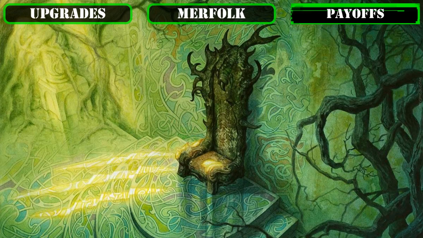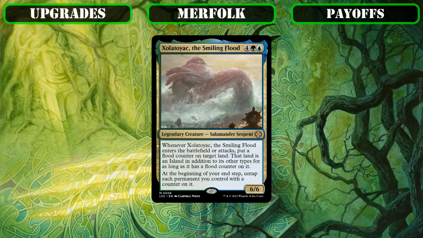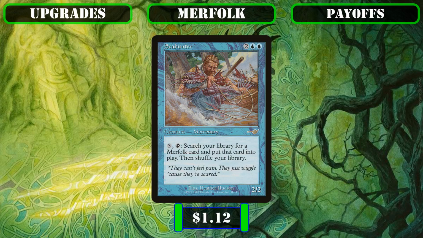And while on the topic of tutors, we'll be adding one additional non-tribal one to the build by axing Thrasios the Smiling Flood, whose flood counter gimmick is an interesting build around but doesn't do enough to enable our game plan, outside of occasionally triggering Island Walk and making our merfolk pseudo-vigilant, and adding in Sea Hunter, who may not